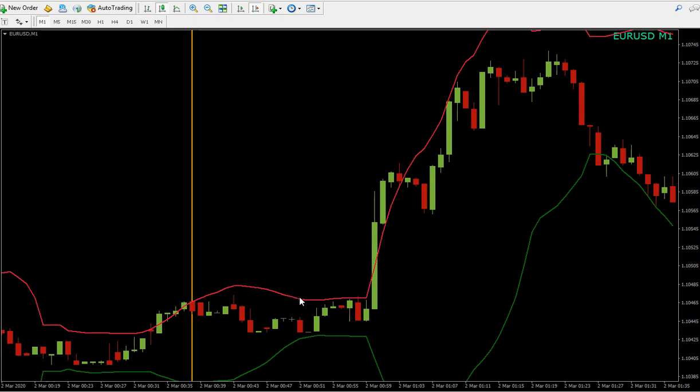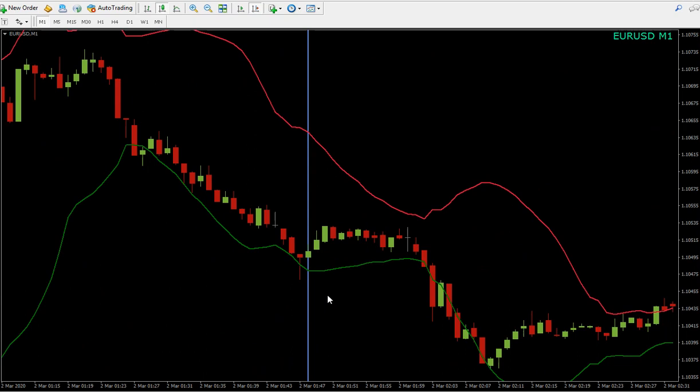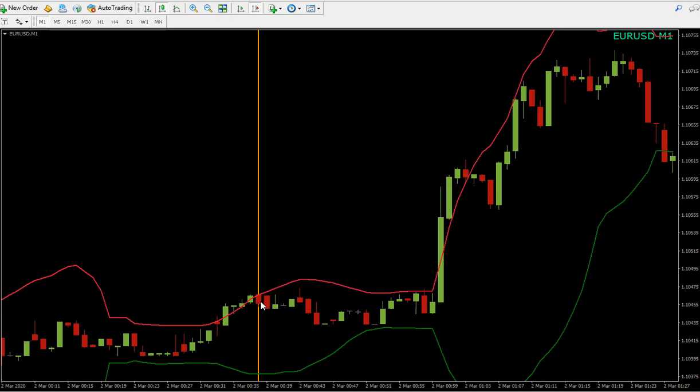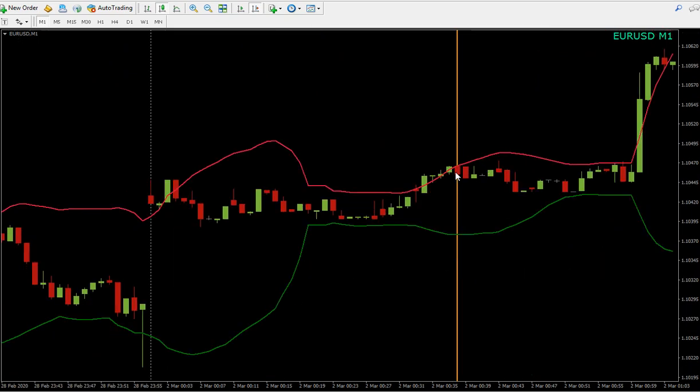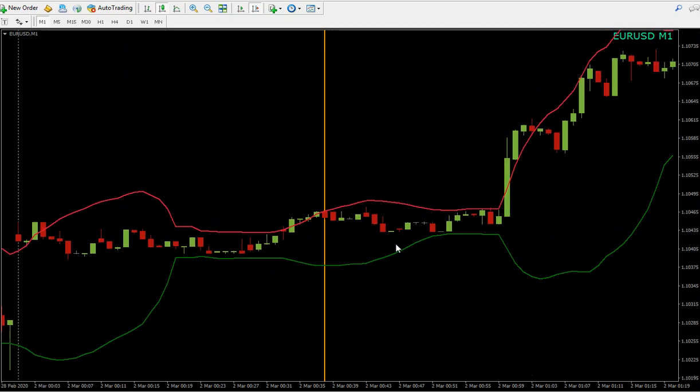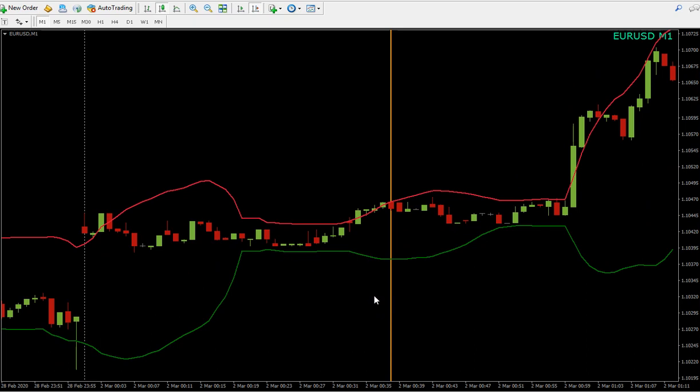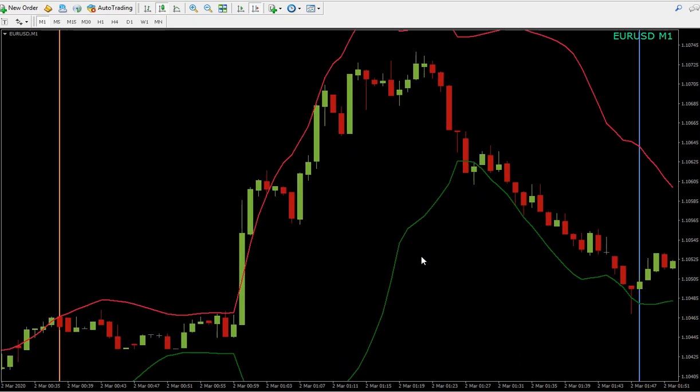So we have the upper band, which I've colored red, and the lower band, which I've colored green. I'm also using an indicator that automatically identifies bullish engulfing patterns appearing on the lower band of the Bollinger Band and bearish engulfing patterns appearing at the top of the upper band. The criteria is very simple. At least one of the two candlesticks forming the engulfing pattern must close outside the band, or at least touch